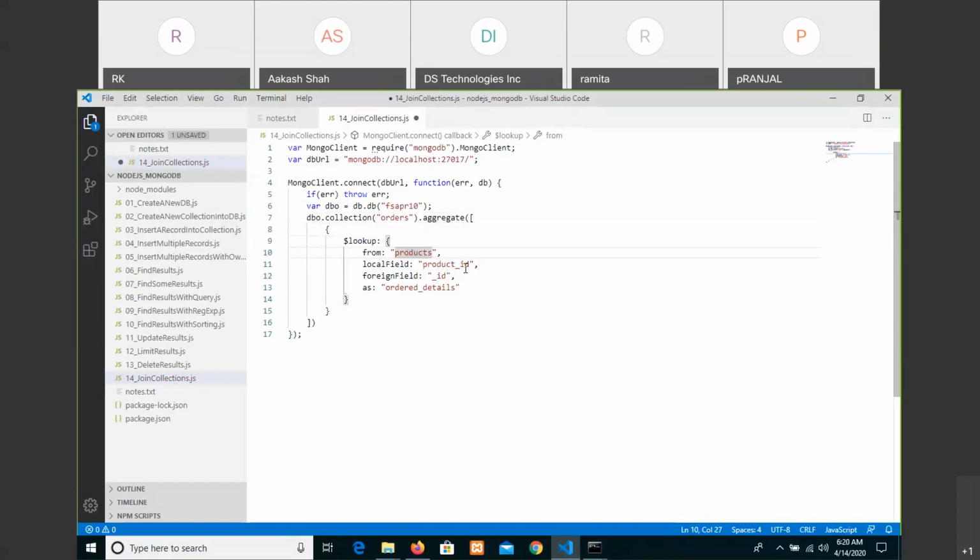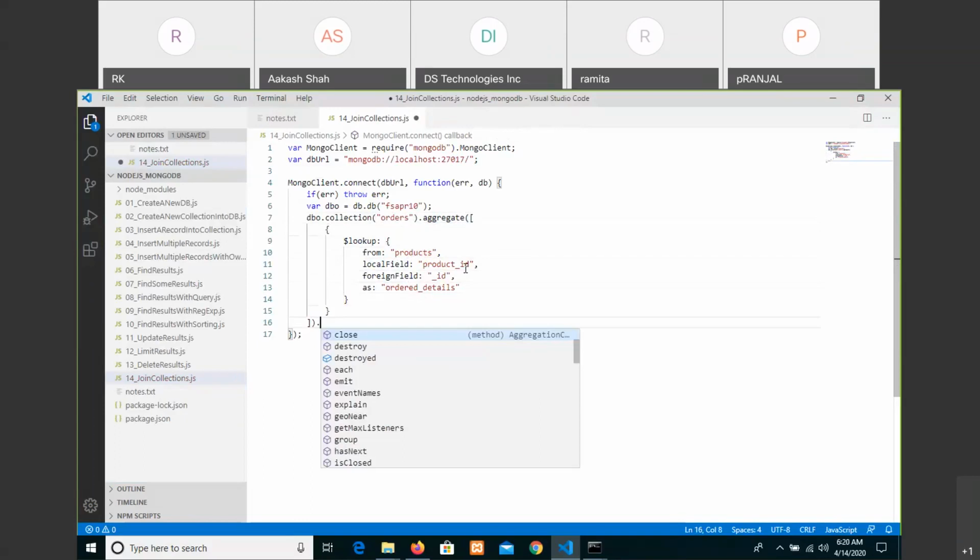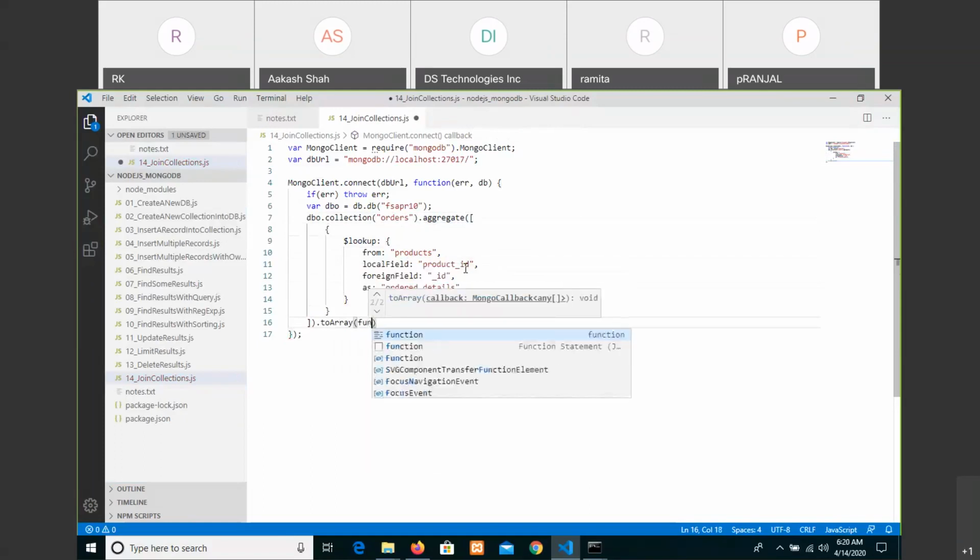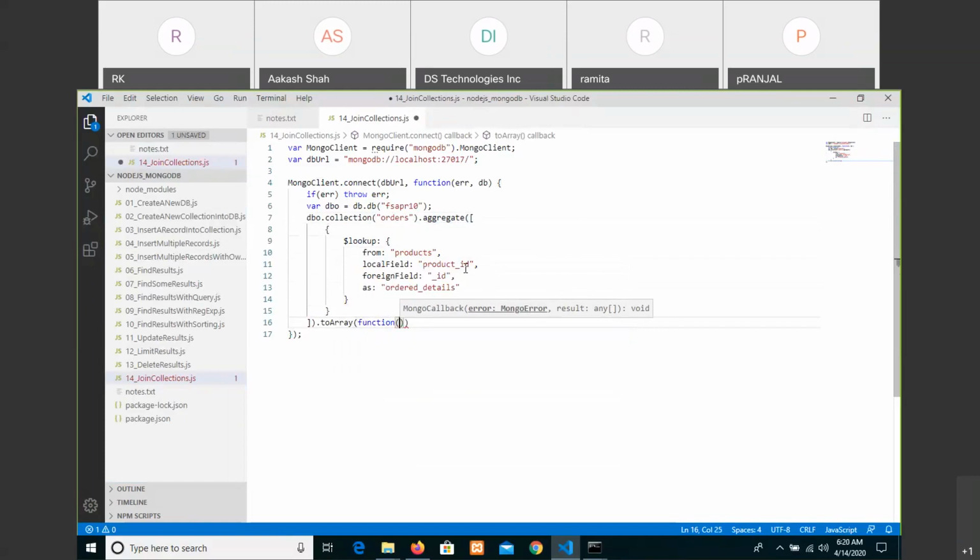And you are finally getting the results that you need to display. So everything is converted into an array. Write a callback function of err and get the results here.